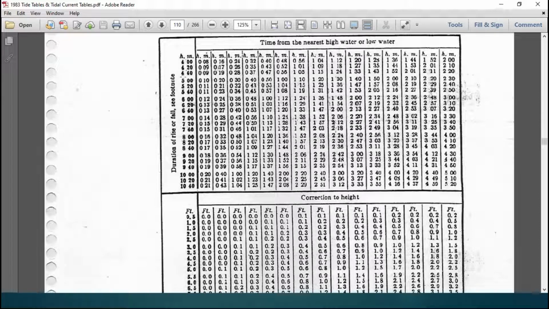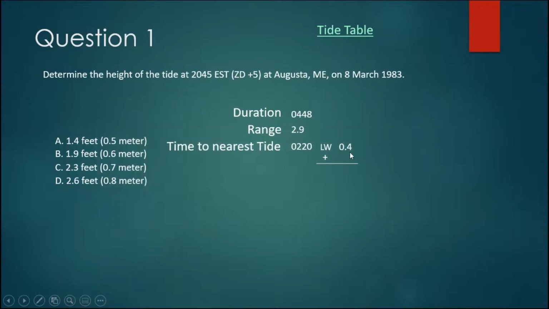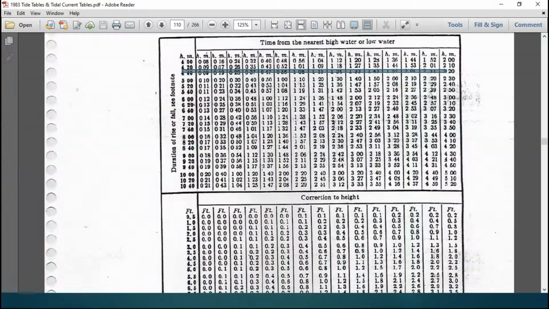So we're going to enter this table at 4 hours and 40 minutes because our duration is 4:48, and we're going to go across till we find the time to the nearest tide, which in this question is 2 hours and 20 minutes. All right, so it's all the way over here in the last column. Then we go down to the bottom part, and our range of the tide is 2.9 feet. So we're going to find right here 3 feet would be the closest, and we're going to go to the same column that you have right here. So it's going to be all the way over to the last column,